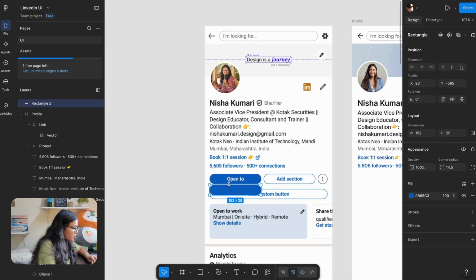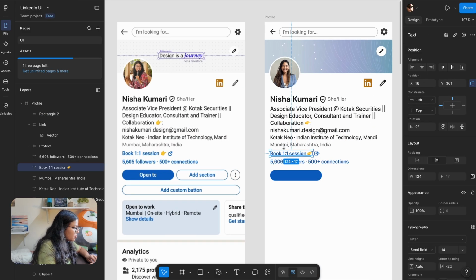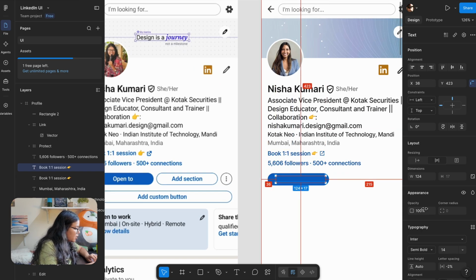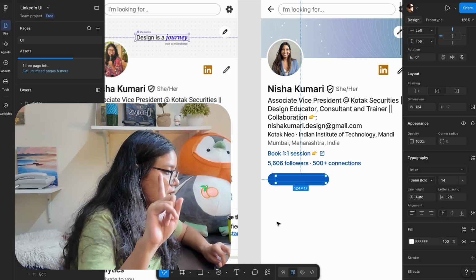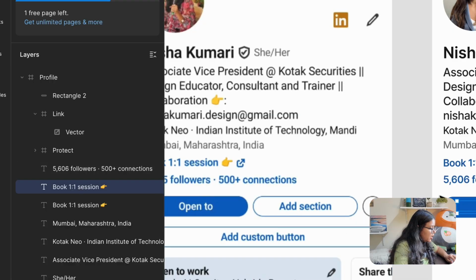Then I need the text. मैं इसको actually यहाँ रख देती हूँ, ठीक है. Then I'm going to duplicate the text, this one, ठीक है, and put it here. And because they both have same color, इसलिए वो दिख नहीं रहा है. In the fill, I'm going to make it white now, but still नहीं दिख रहा है. What is happening? So when I duplicate it, if you come to the layers panel, what is happening? कि this is my text layer that I just had.